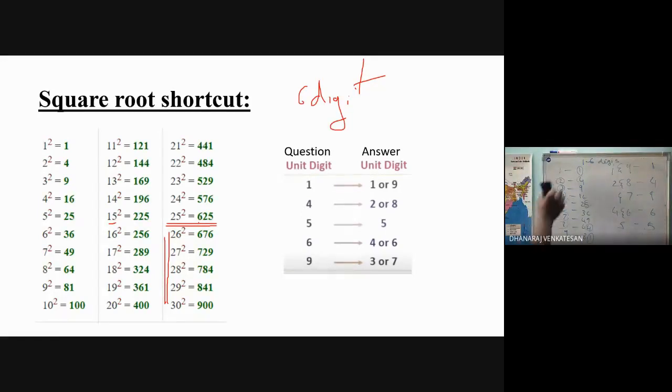Shall we go with the shortcut procedure? You keep the presentation window slide by the side and view the board. Okay. Keep on switching so that you can easily understand. Okay. I will take a first problem.